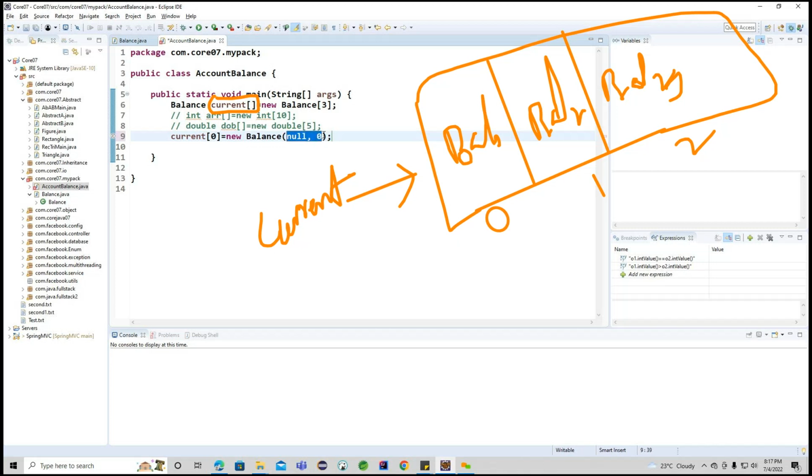But I'm not going to provide these values here. I will modify with a different name for this particular balance, and provide different balances here. So what I'm doing here, basically, I'm going to use the name of the person, I'm making it Jackson, and he's expecting something like this as a balance. So this particular balance is going to be stored in current 0, and inside this particular current 1, I'm trying to use new balance,